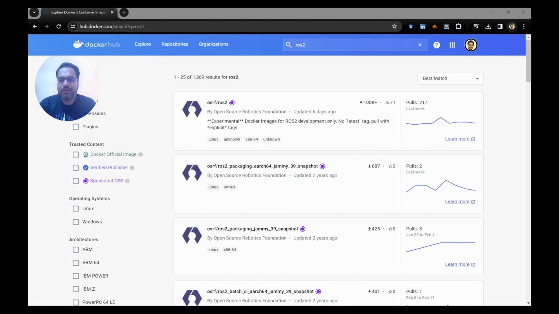And to do that, we're going to use some standardized images. What you're seeing in front is called Docker Hub. It's a registry, or a repository, of all the Docker images that people have put up on the web. The first one that you're seeing, the OSRF ROS 2, is the official Open Source Robotics Foundation developed ROS 2 image that you can use,